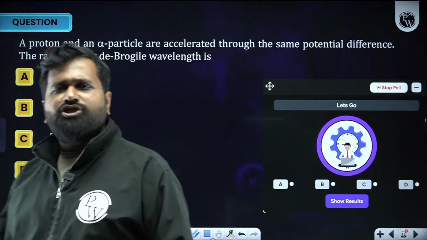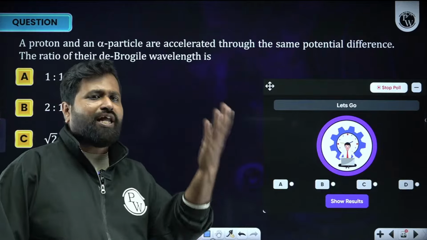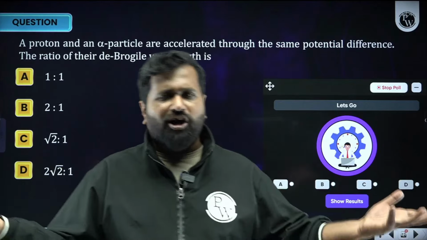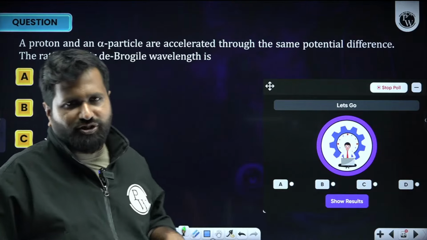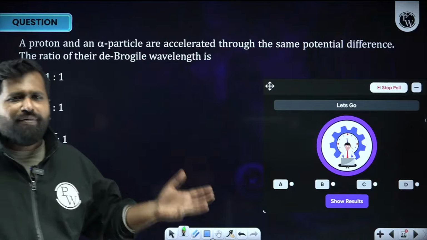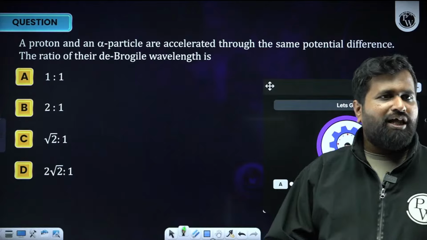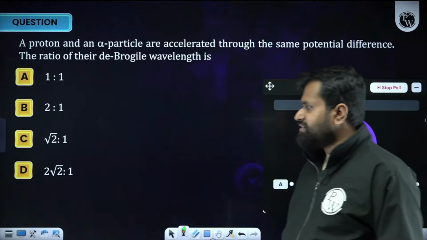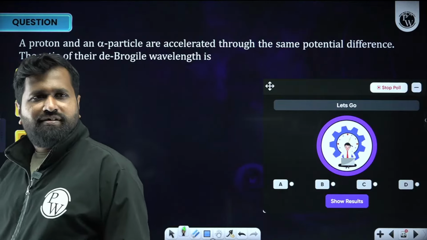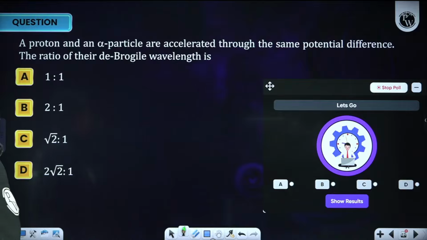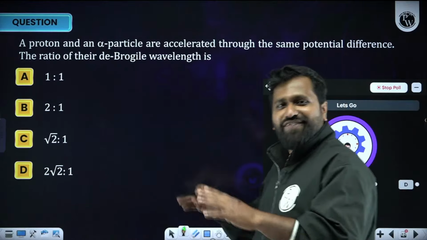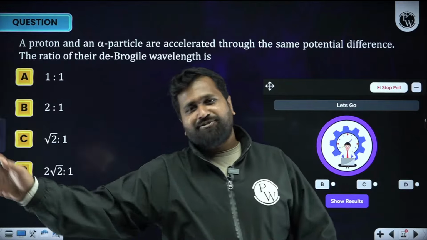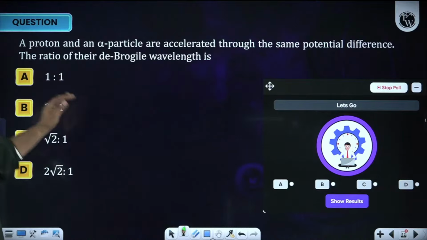Not only PYQ, it's all about the most repeated model questions from different papers. We can call it PYQ also, but even in PYQ I looked for different model questions. Otherwise in atomic structure, how many questions can we solve? So only different model questions. If all answers are D, what is the problem? When I'm framing a question, my correct answer will always be option D, because initially when framing, I think about the wrong answers.